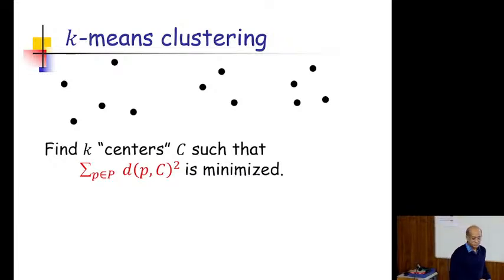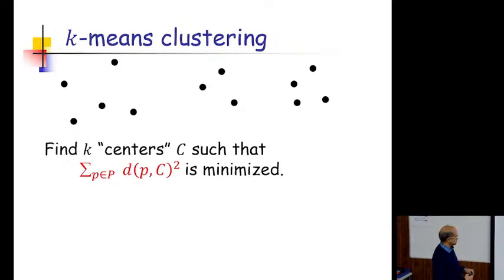As the previous talk already talked about the hardness of this problem, it's NP-hard even for k equals 2. In fact, all exact algorithms take n to the d amount of time if we are in d dimensions. So we need fast and good heuristics, and we are looking for algorithms which have small approximation ratio. Again, the approximation ratio is defined as the cost of the algorithm divided by the optimal cost.